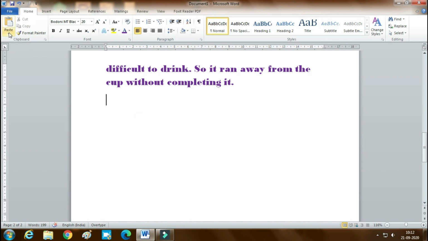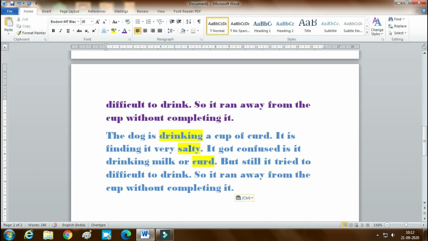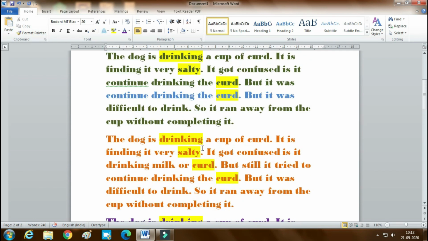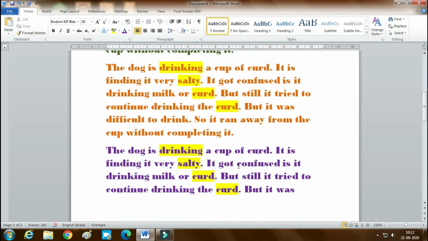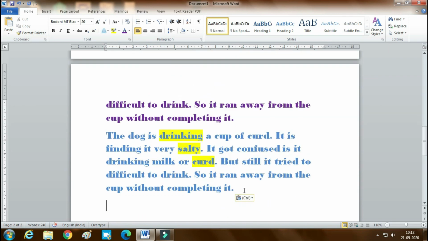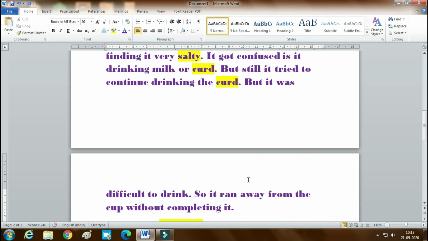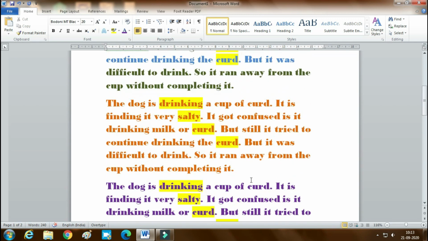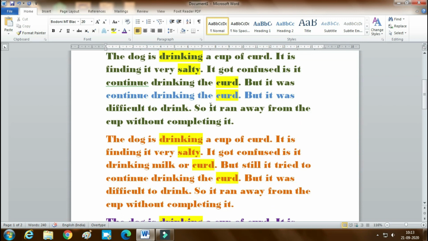Move down, click at the bottom and press Ctrl V or the paste button. So from its original place the paragraph is removed and put at the end. This is how cut is used. Children, learn and practice how to cut and paste.